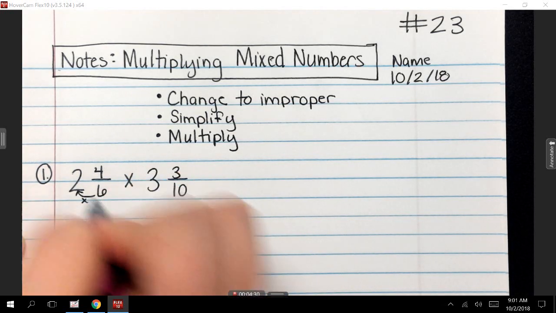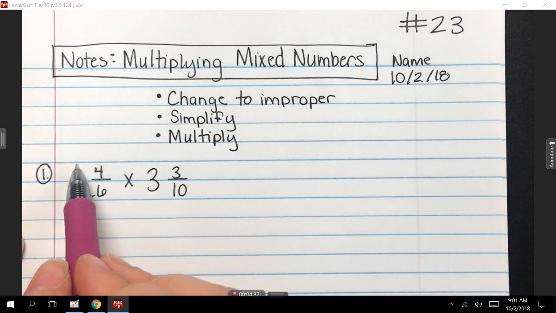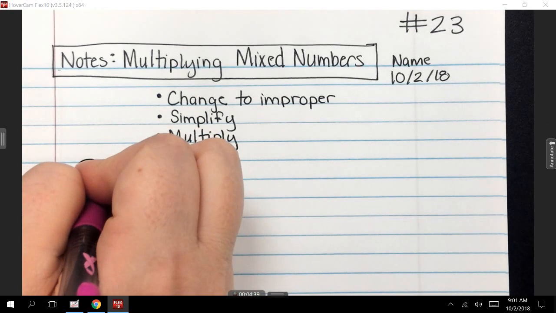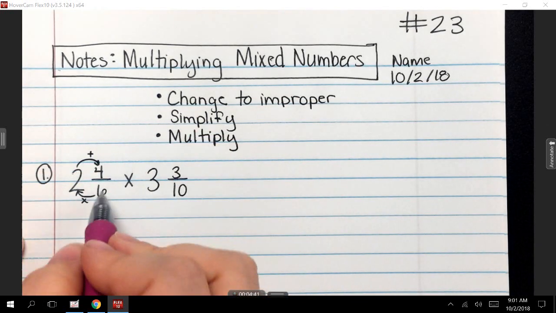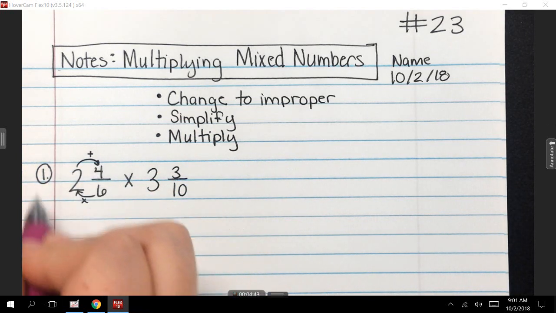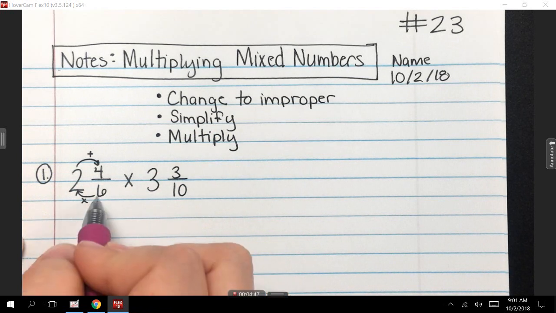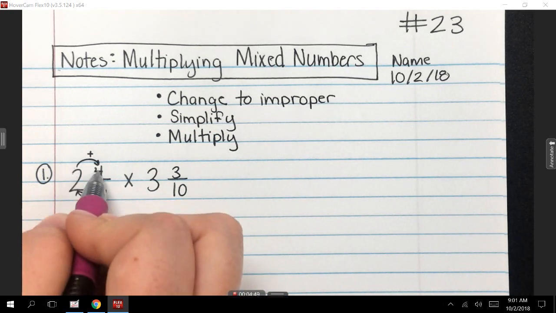So I'm going to multiply 6 times 2. What's 6 times 2? 12, okay? So now we're thinking about that 12 that we just got. And now I'm going to finish out my C, and we're going to add the 4. Y'all see how I just kind of did a backwards C there? Are y'all seeing where I'm getting the backwards C description? Okay. So 6 times 2 is 12 plus 4 is